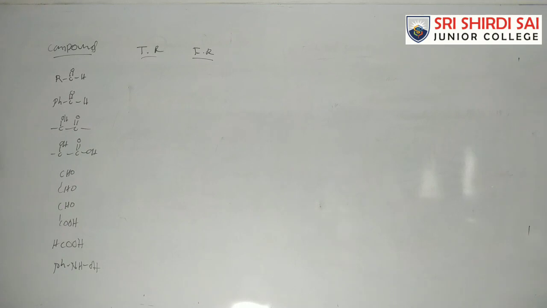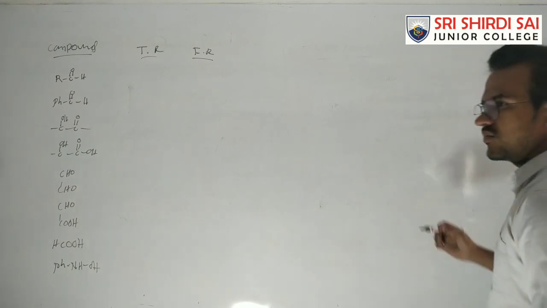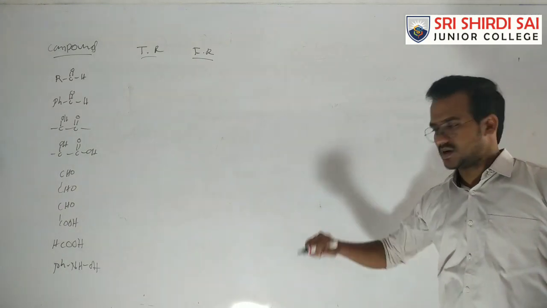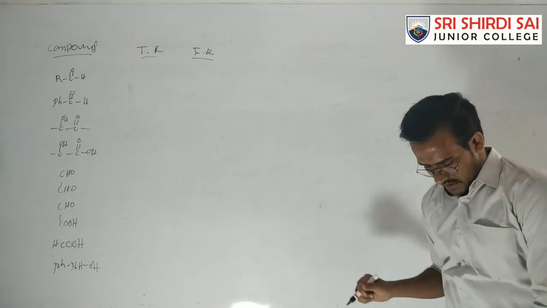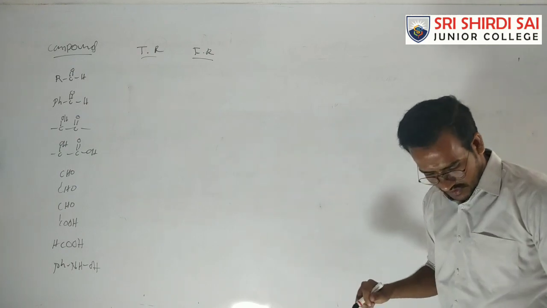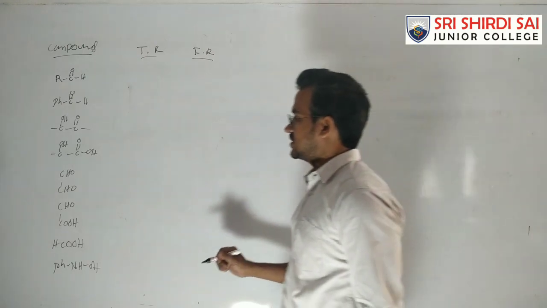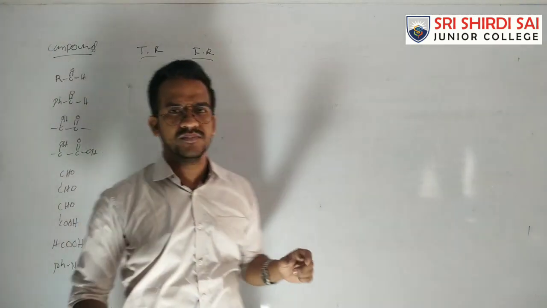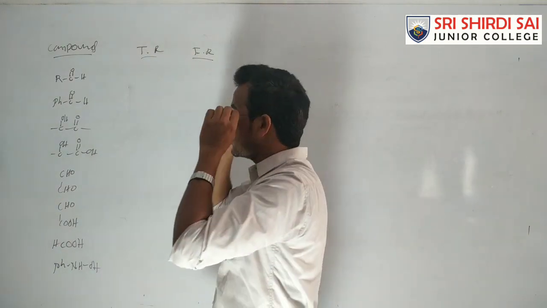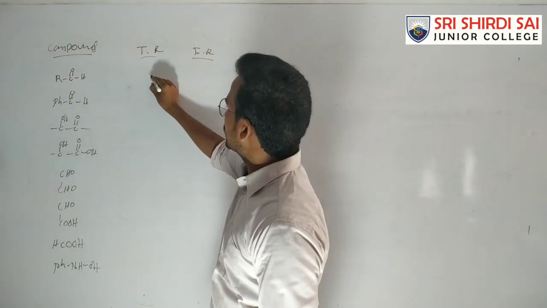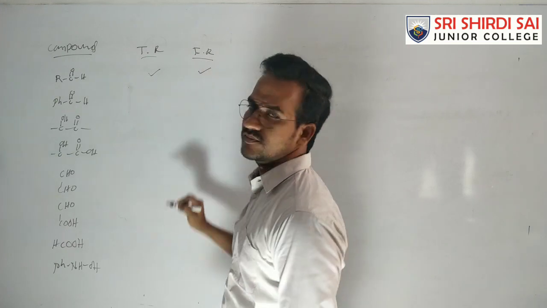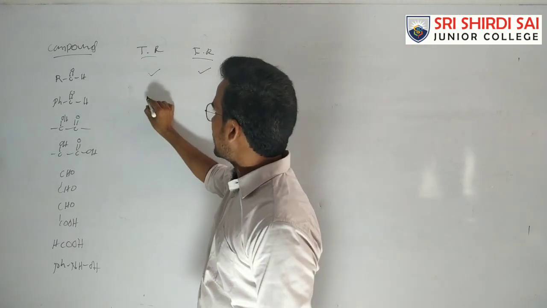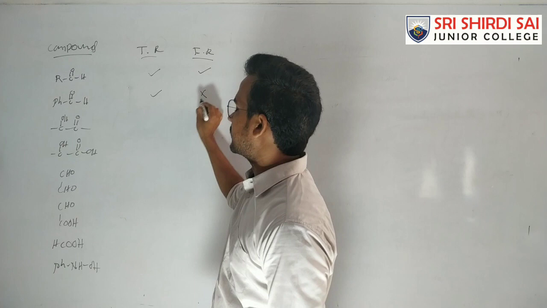Okay, so the remaining reactions of Fehling's reagent are the same as with Tollens reagent, but there are some exceptions. Just three exceptions. Take this compound, an aliphatic aldehyde. An aliphatic aldehyde reacts with Tollens reagent as well as Fehling's reagent, and an aromatic aldehyde reacts with Tollens reagent but not Fehling's.